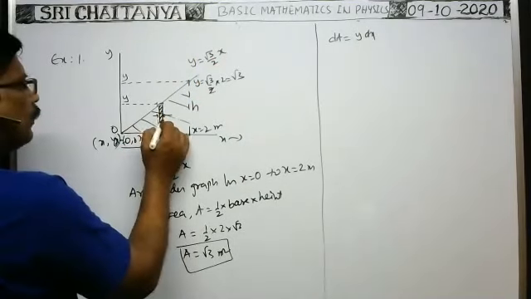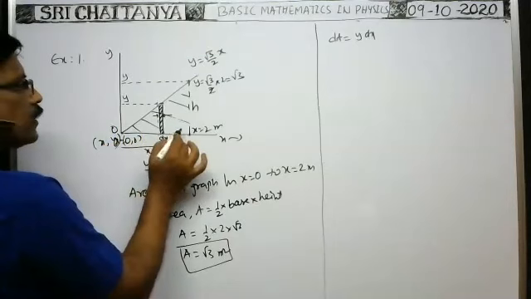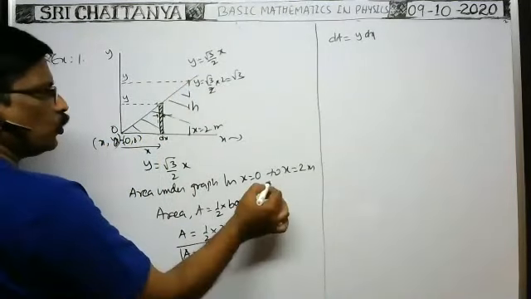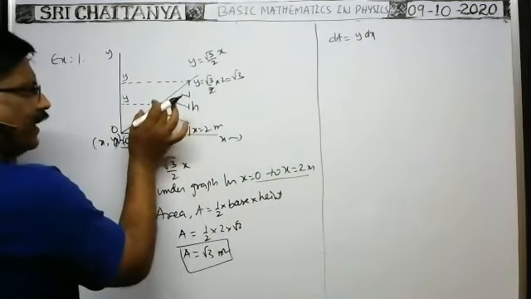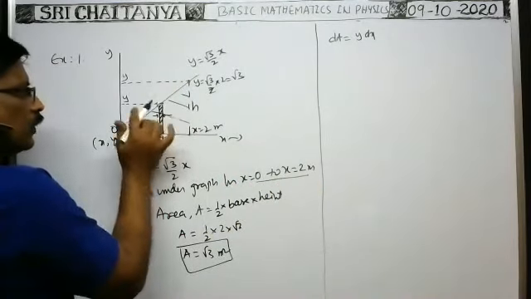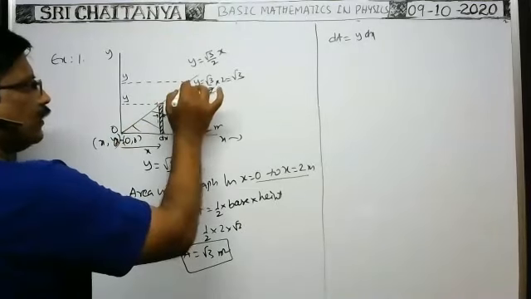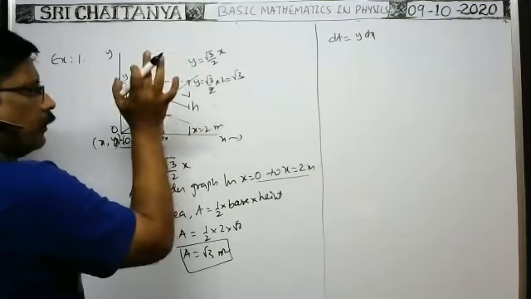This type of element can be imagined from x is equal to 0 to x is equal to 2. We need the area up to here. The area between x equal to 0 and x equal to 2 was asked. It is the area under the small element. So this graph from x is equal to 0 to x equal to 2, we can imagine this straight line consists of a number of such elements.